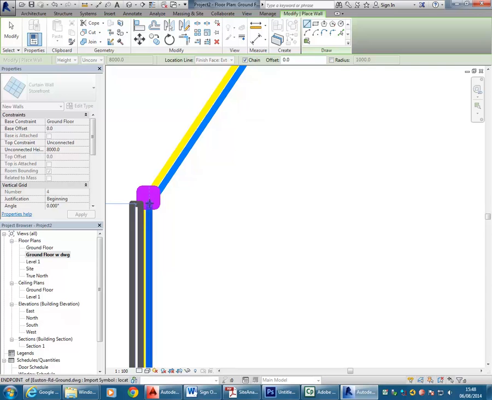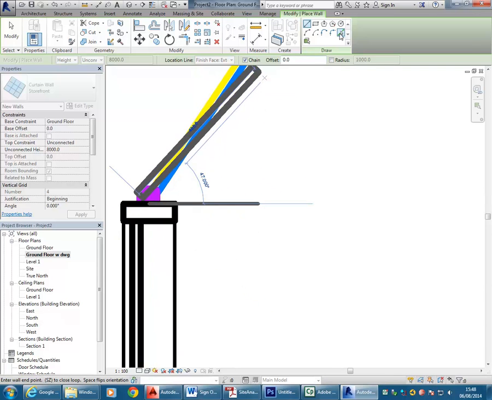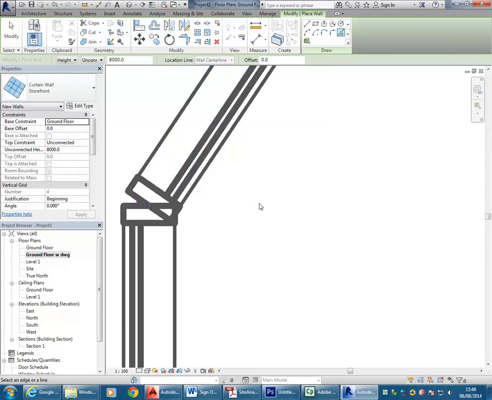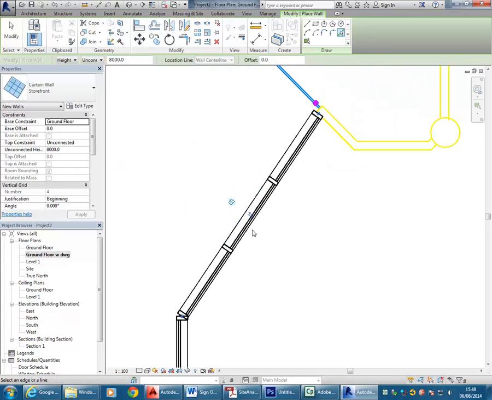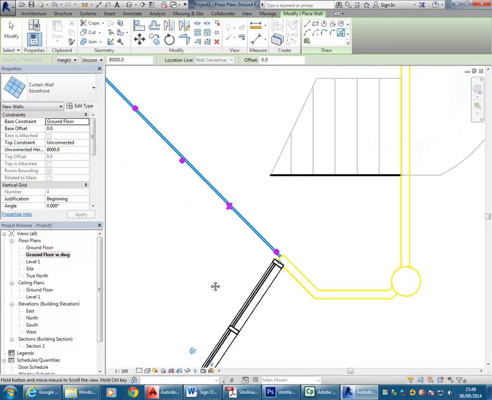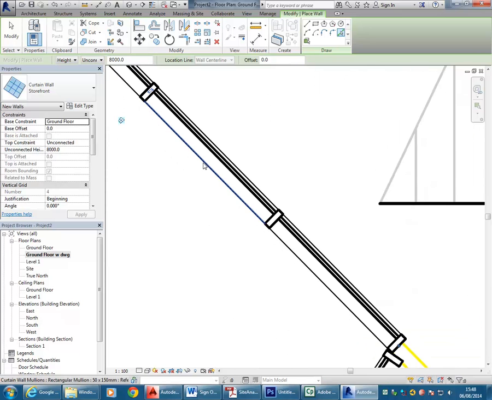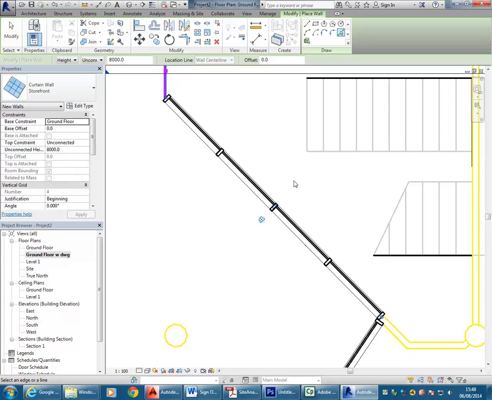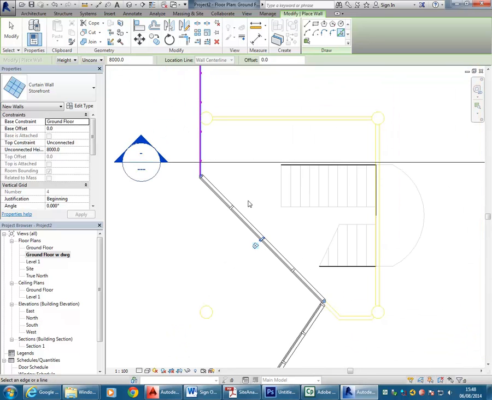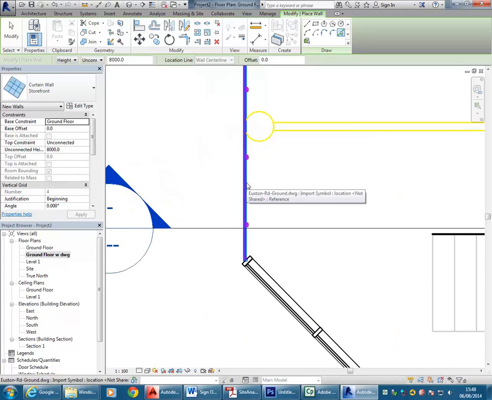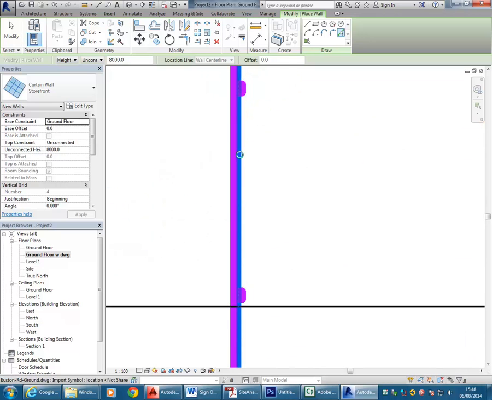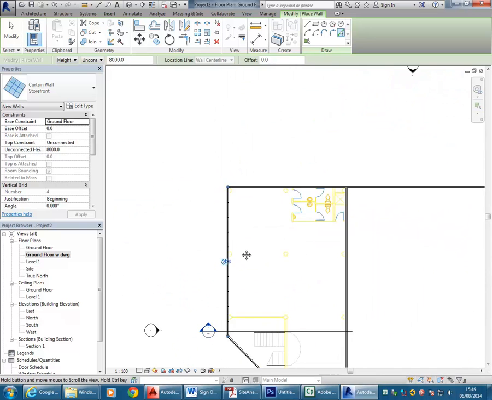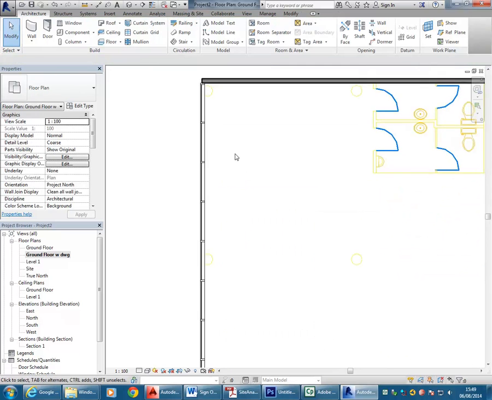So I can trace these lines, or to make it easier, use pick lines and try and pick those AutoCAD lines and flip the wall as necessary to make it face the right direction. So using the arrow there in the middle. Okay, so